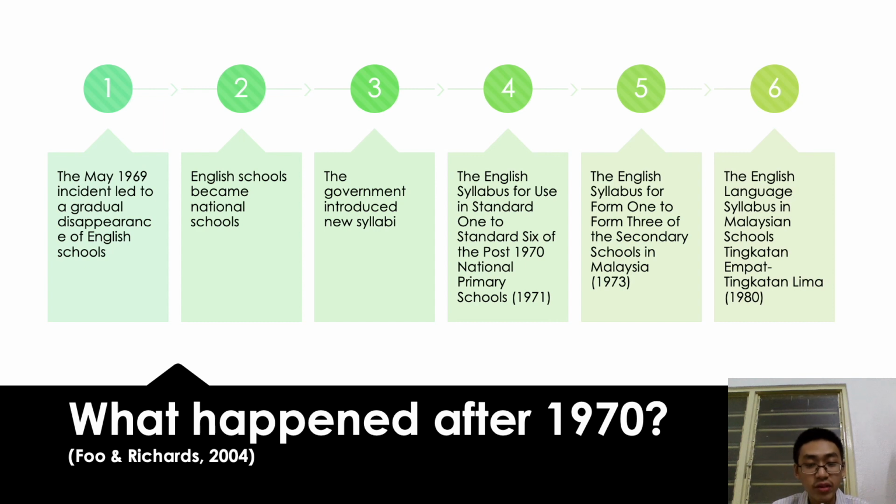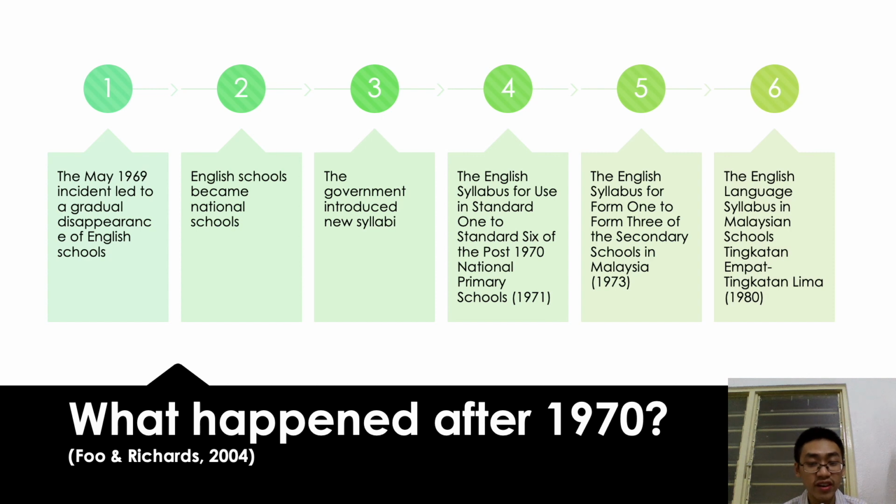What actually happened after 1970? According to Fu and Richards, the May 1969 incident led to a gradual disappearance of English schools. I will talk about this incident briefly. It stemmed from racial tensions and made the government realize that our country needs to have a more unified education system. In the past, there were various schools that use various languages as